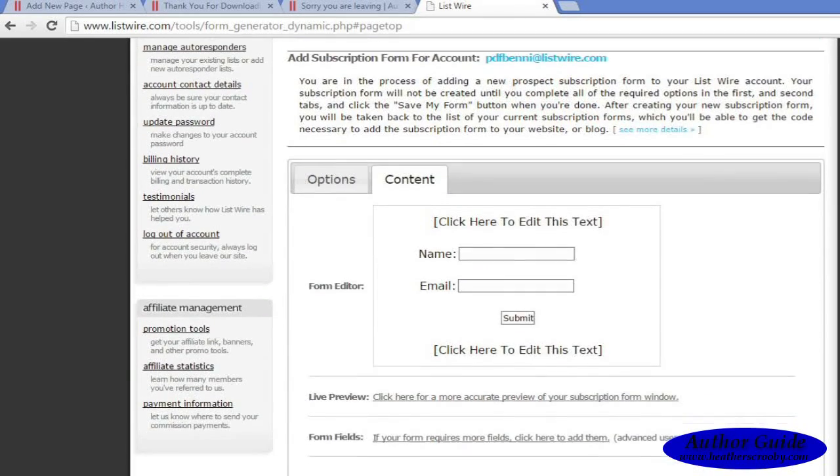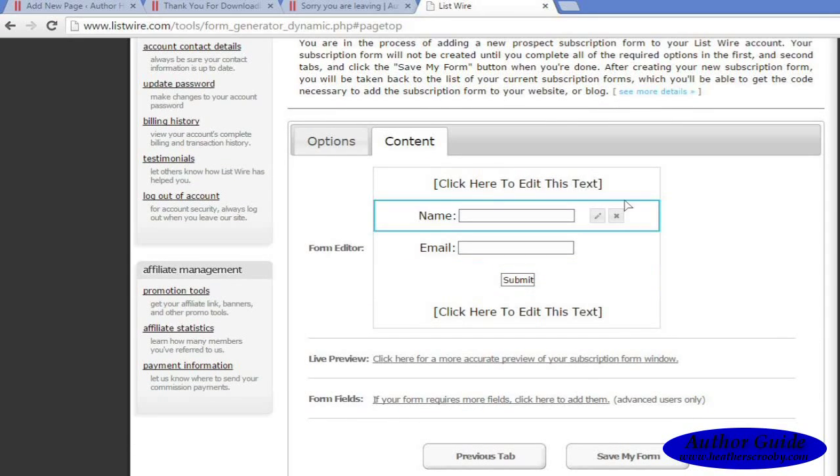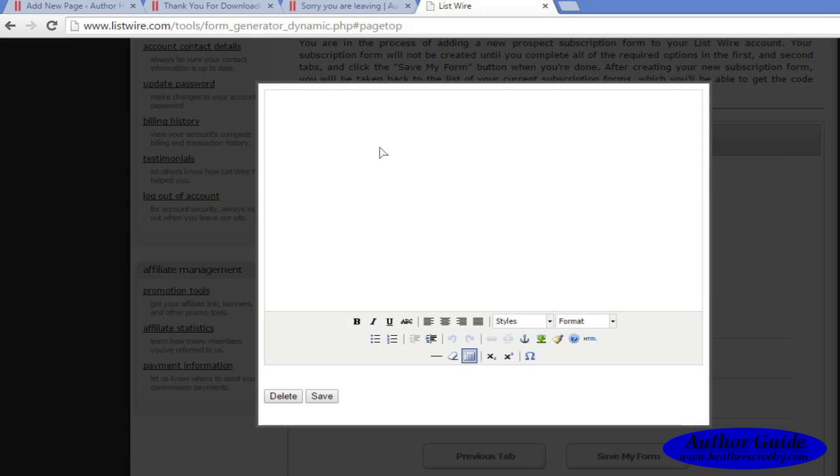This is where we can create our form. At the top here, click here to edit this text. It'll take us to a text editor. I'm going to center it here, make it bold, and I'm going to write download Benny in PDF. Under here you'll see you've got all your tools to edit your text,